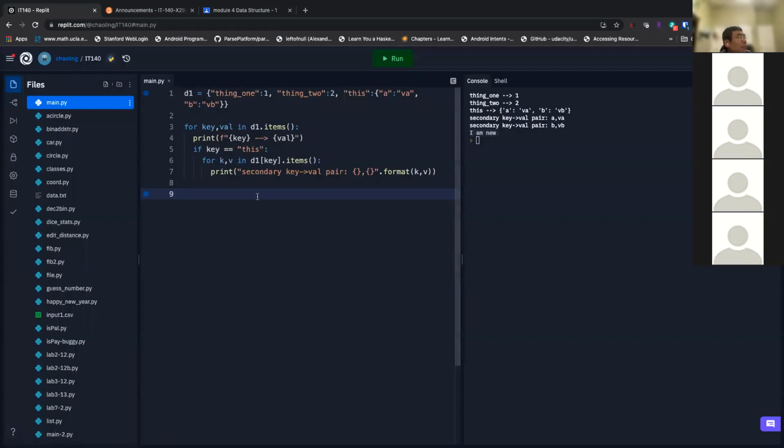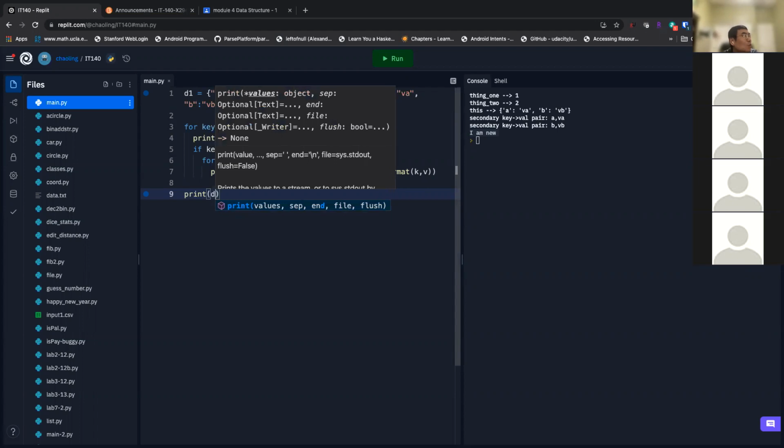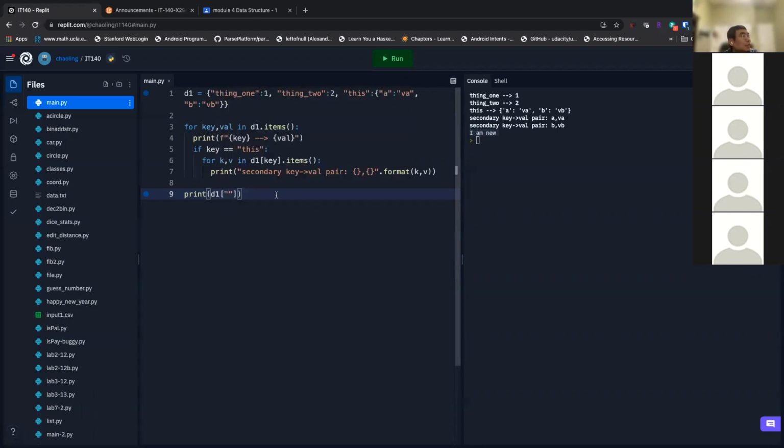That reminds me. If you want to print out this value B, you can print D1. First of all, you get the key. The first level key is this, and then the second level key is A. Like I want to get the key A. I print it out, and you can see the key A is VA, and same here, B is VB.